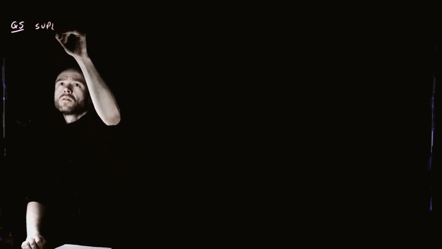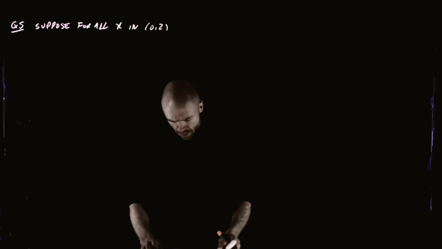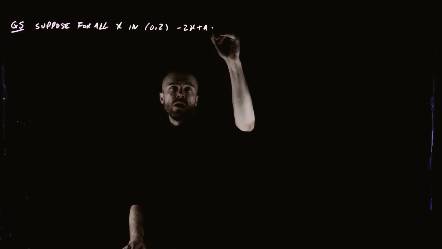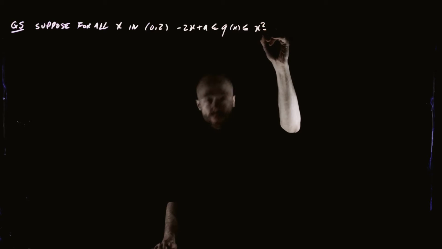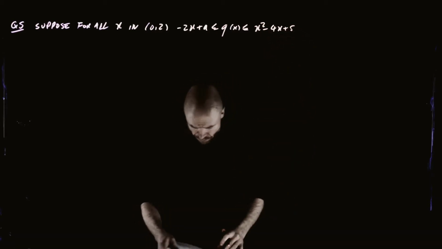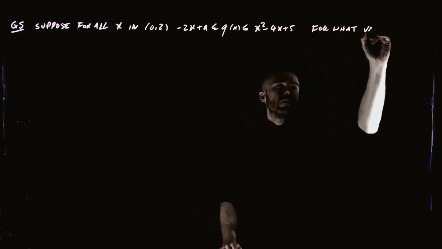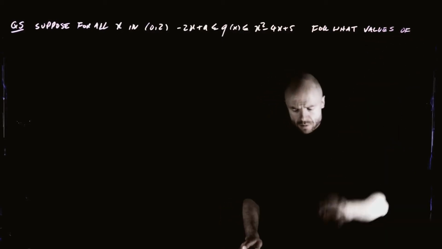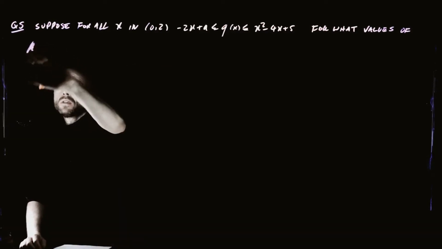Question 5. Suppose for all x in the interval 0, 2, we have the following inequalities. Minus 2x plus a is less than g of x, which is less than x squared minus 4x plus 5. For what values of little a